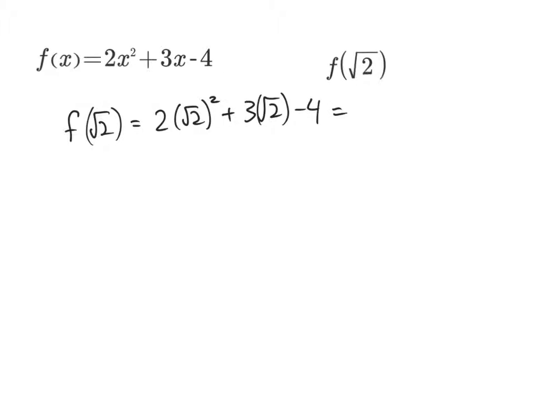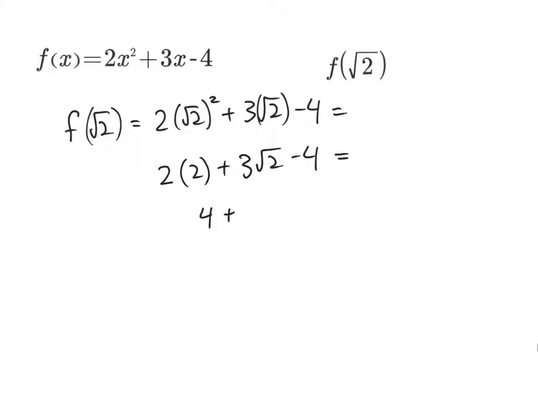So I end up getting 2. Now the square root of 2 squared is the same thing as the square root of 2 times the square root of 2, which ends up being the square root of 4, and the square root of 4 is 2. So the square root of 2 squared is 2, so that's just multiplied by 2, plus 3 square roots of 2. Now that parenthesis isn't doing anything, so I'm going to get rid of it, minus 4, and this equals